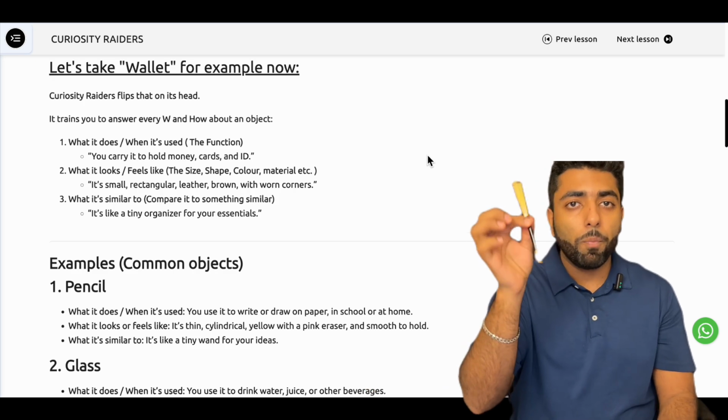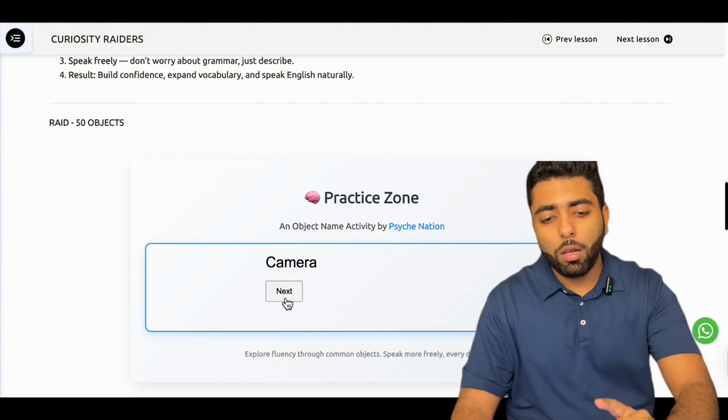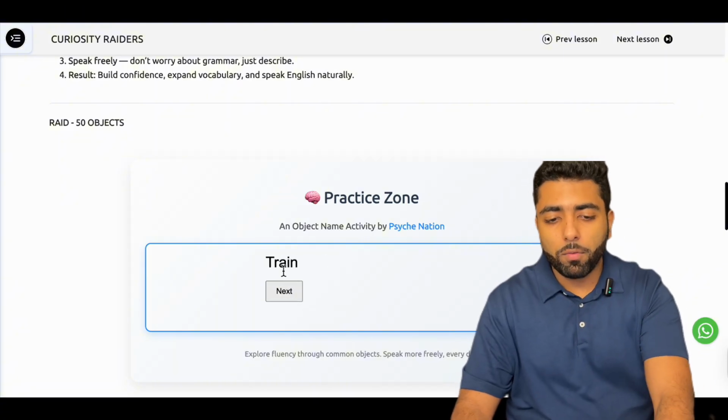For example, this is similar to a pencil. So for the activity, this is what we're going to do. You see down here, we have a lot of objects. So we're going to pick one by one. For example, this one,